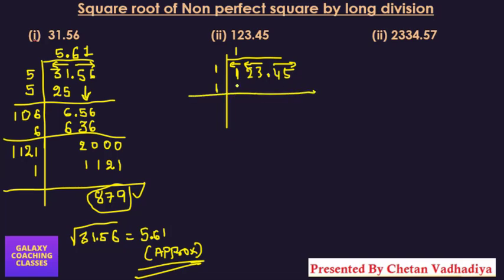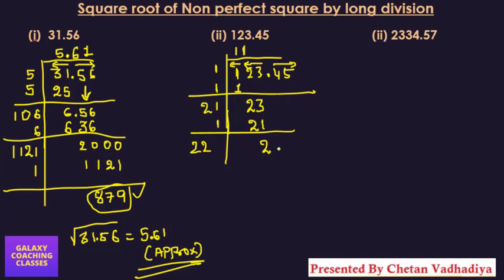Okay, so what will happen? This will be 0, so now 23 will come in. And here you need to add 1 plus 1, 2. Now again you need to take same numbers here. 21 ones are 21, 22 twos are 44. That is greater than this. So again you need to take 21 ones are 21. So you will get remainder 2. Here you need to add 22, and here you need to keep one more because second one is there.